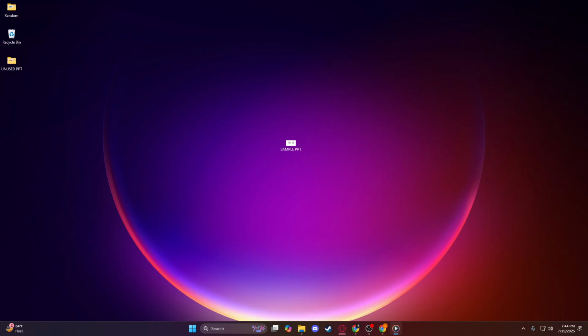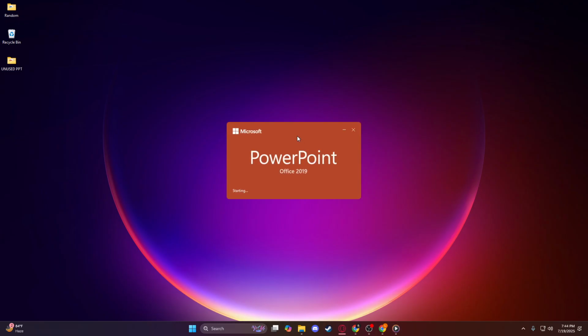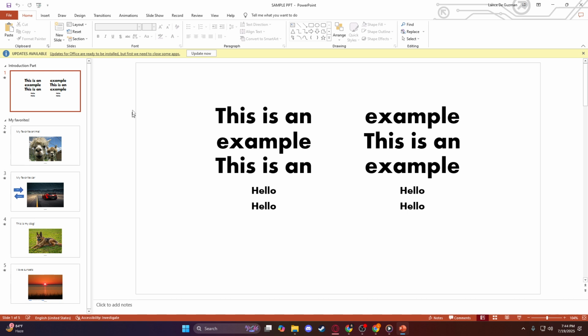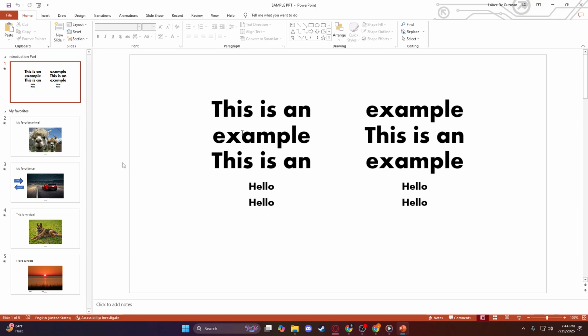First, let's open the Microsoft PowerPoint presentation file that you intend to work with today. Before you get started, make sure that all your slides are in order and that you've reviewed your content to make any last-minute adjustments. This initial preparation ensures you'll be able to move seamlessly through your slides once you proceed